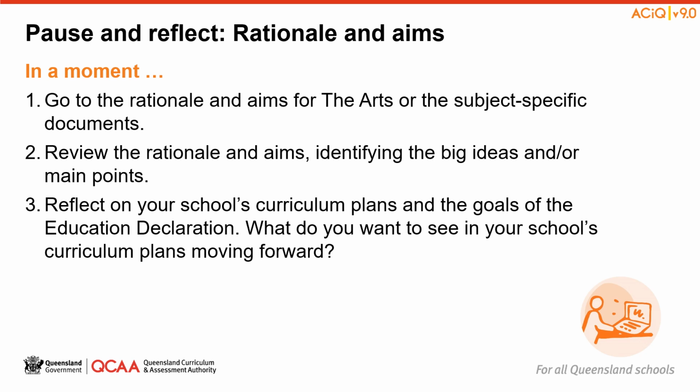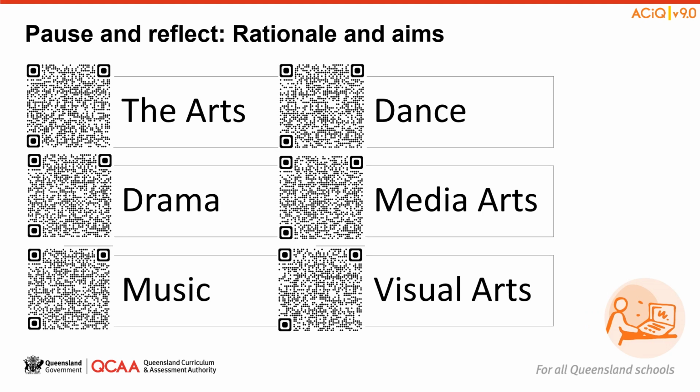Alternatively, use your mobile device and the relevant QR code on the following screen. On screen are the QR codes for the arts and the subject-specific rationale and aims. Review your chosen rationale and aims, identifying the big ideas and/or main points. Reflect on your school's plans to evaluate how the goals of the Education Declaration and the curriculum are evident in that plan. Please pause the session recording to allow some time for you to review the rationale and aims for